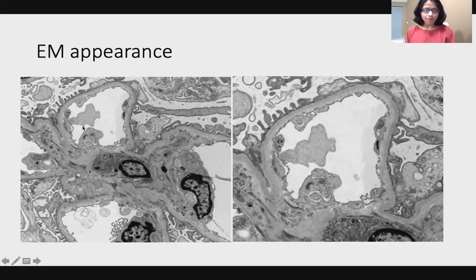Next, we move on to the capillary loops. The capillary loops, as I mentioned, are lined inside by endothelial cells. You can see a larger magnification here. These are endothelial cells, and you can see that they have a fenestrated lining to facilitate diffusion of material. So there are areas of gaps through which ultrafiltration can occur. This rests on a basement membrane which contains 3 layers: a lamina rara interna and externa, and a lamina densa, which is in between these two.